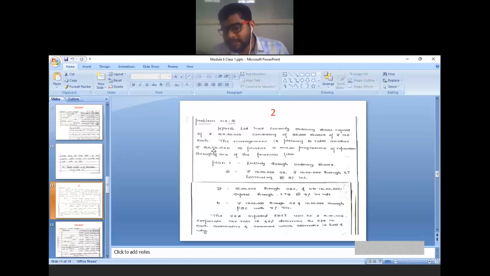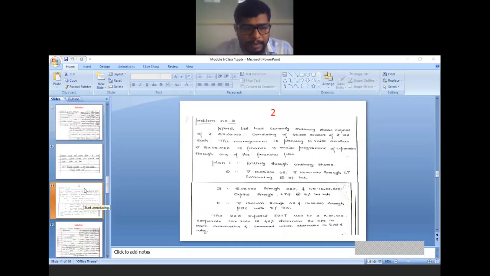Are you getting it? Existing capital structure amount is all equity only, but the 20 lakh rupees used for the expansion program, we don't know how much is equity share capital, how much is debenture capital, and how much is preference share capital. Now see the plan, and try to understand whatever plan is given. This plan is applicable only for the additional capital. Additional capital is how much? 20 lakh rupees is the additional capital.